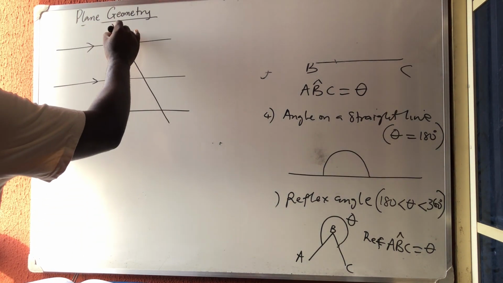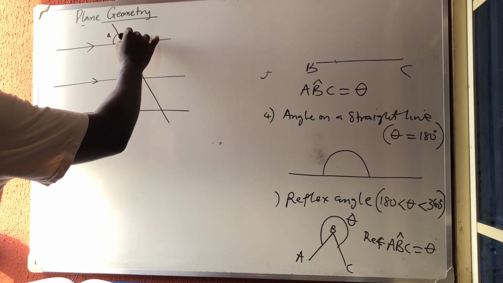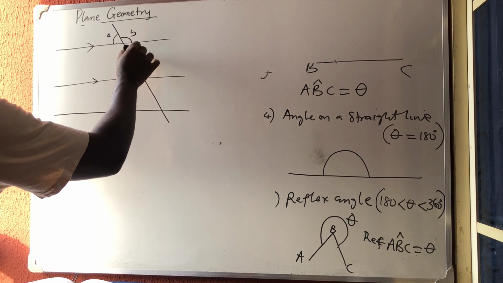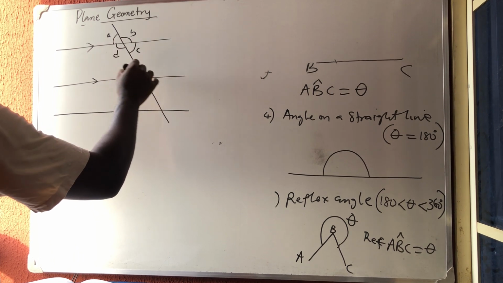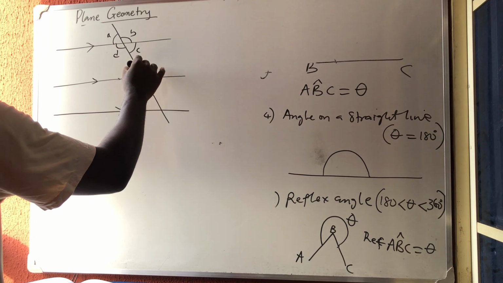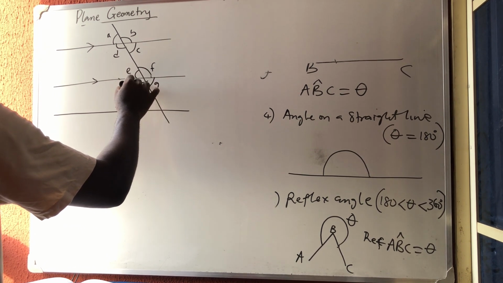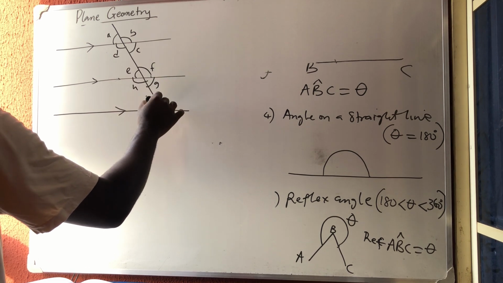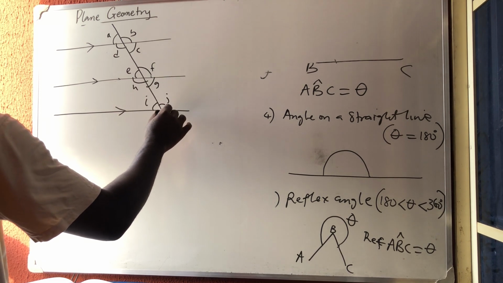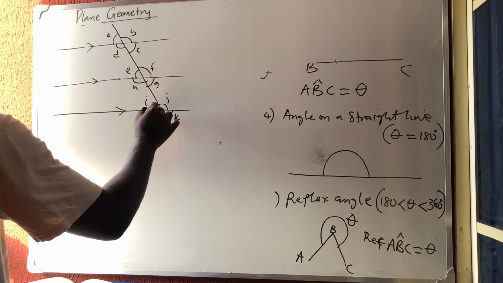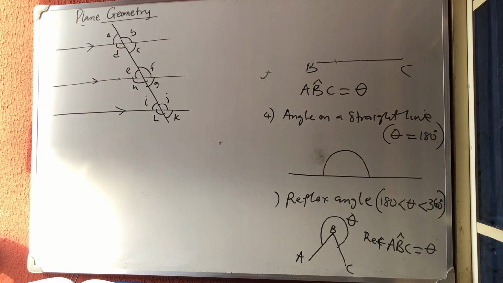So let me say that this is angle A, for instance, angle B, angle C, and finally angle D. Then here, angle E, angle F, G, H, I, J, K, and L. Okay, these are all the angles I got when a transversal line passes through these 3 parallel lines. Now let's see what happened to all these lines. The first thing that we're going to look at is